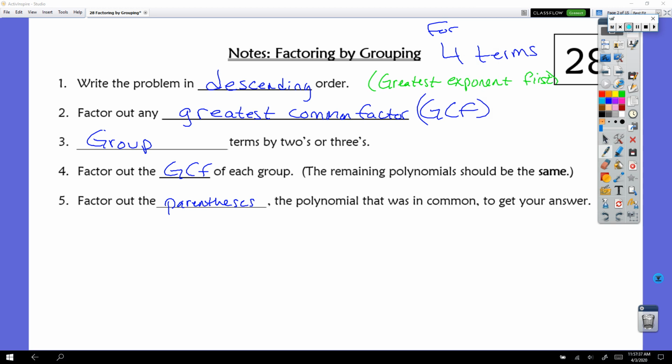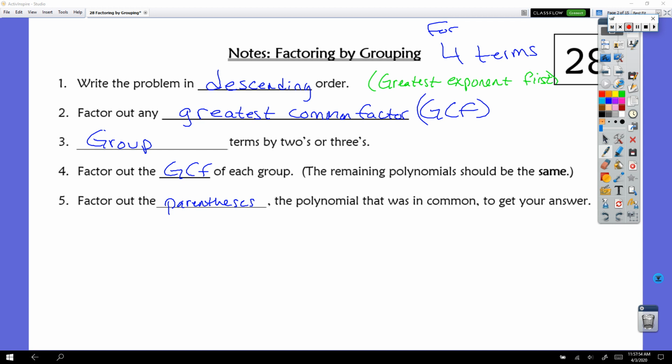Hey guys, we're going to be doing notes for factoring by grouping. Factoring by grouping is for expressions that have an even number of terms. A lot of the ones that we're going to look at today have 4 terms. Our first thing that we want to do is write our problem in descending order, and that means the greatest